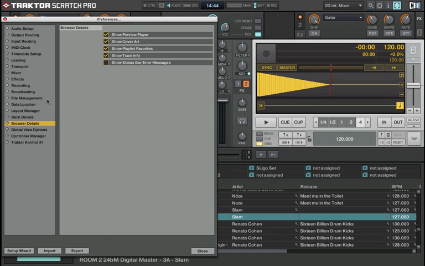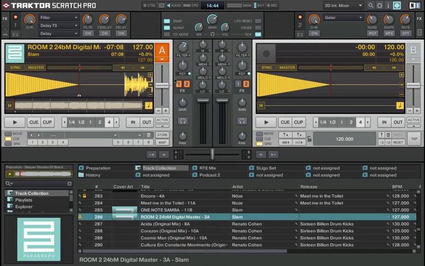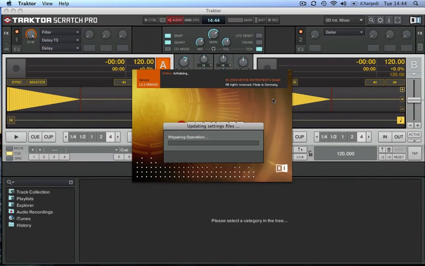And to set this up, we go into Preferences, and we go to File Management. We click on Show Consistency Check Report on Startup. So now that I've checked that, I'll just show you what it does. Now it loads up as and when we open Traktor. So I'm going to close down Traktor, load it up again,